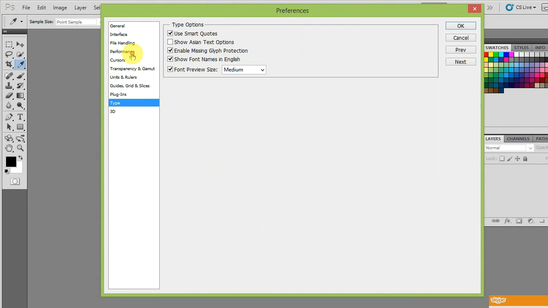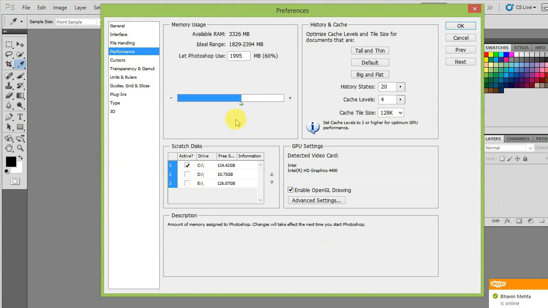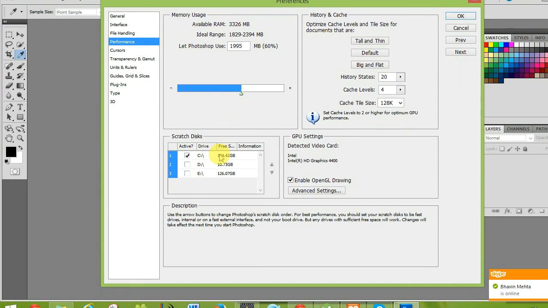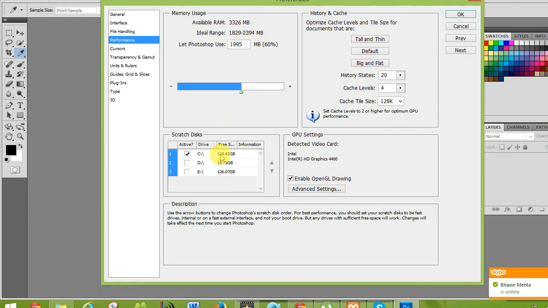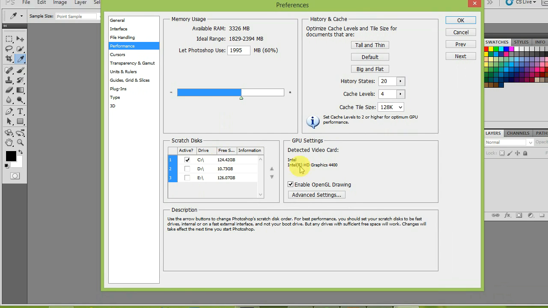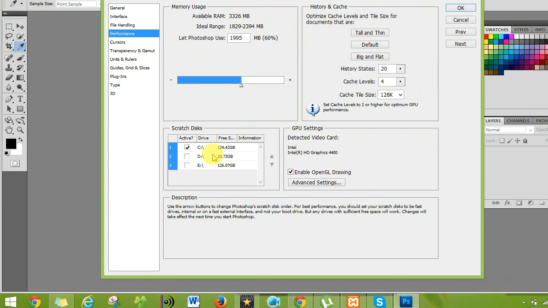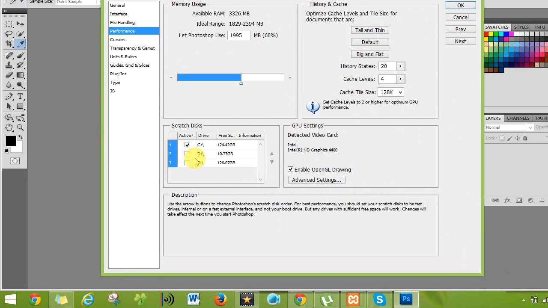In this I can increase the performance. I can move the saved file to the C drive, meaning the storage. Actually, in earlier classes I told you that if you make a very large file in Photoshop, Photoshop is going to show you that it is not responding and similar problems. Here you can find the Intel HD graphics I am using. If I want to change this from the C drive to the D or E drive, I can move it.